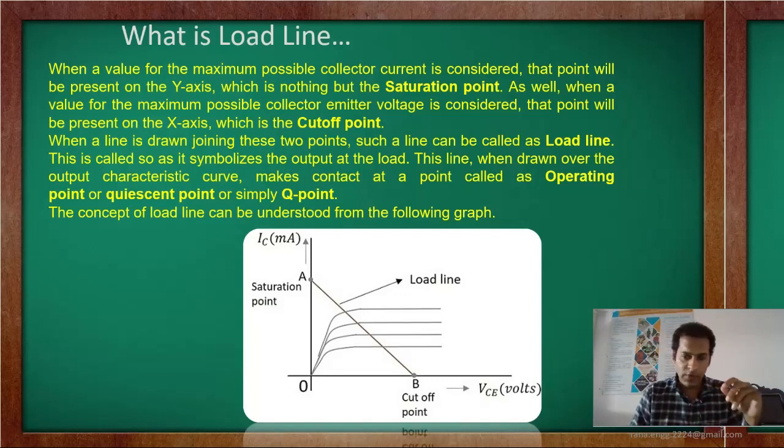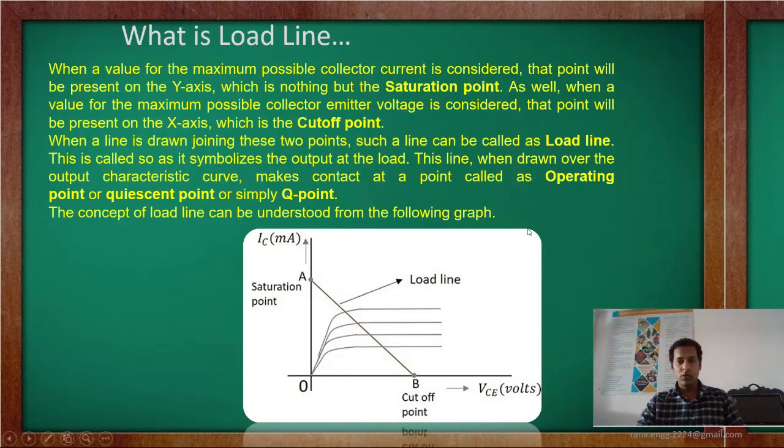The operating point is the point where we want to operate our device, because there are various applications of transistors we have discussed. We can use it as an amplifier, as a switch, or as a voltage variable resistor. Where should our operating point be? What should be the values of input current and output current when we want to use it in a particular region? If it is in the active region, we can use it as an amplifier. Where should my Q point be? That Q point will be on this DC load line. How to identify that depends on the application we want to use the transistor for.